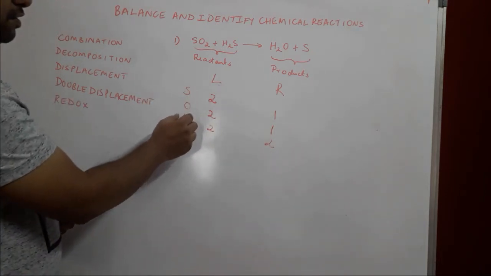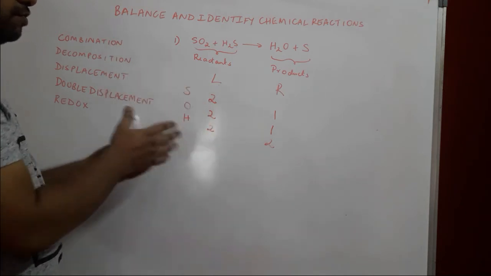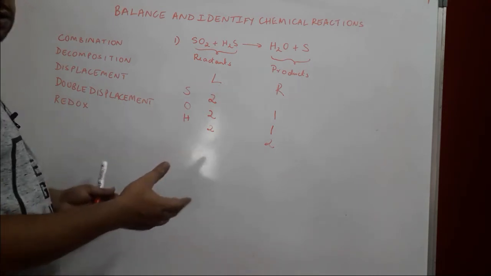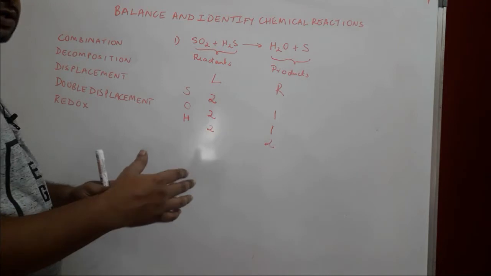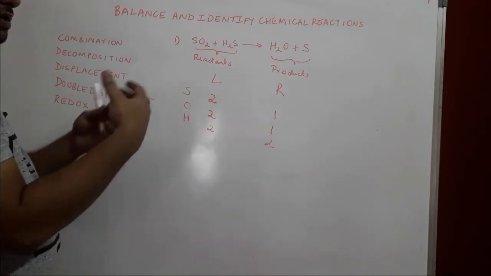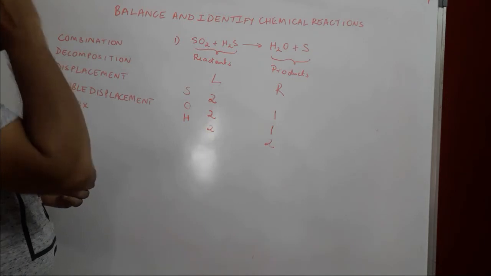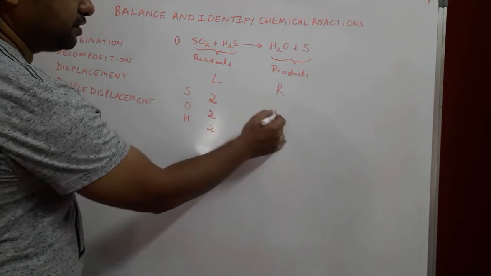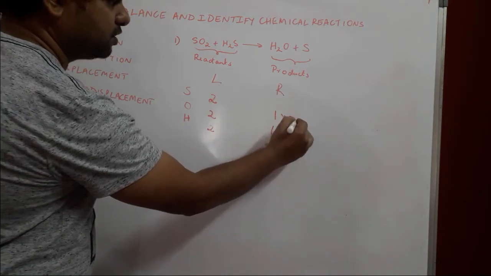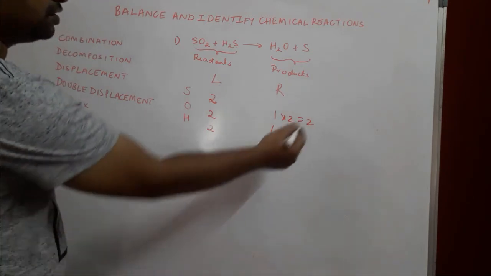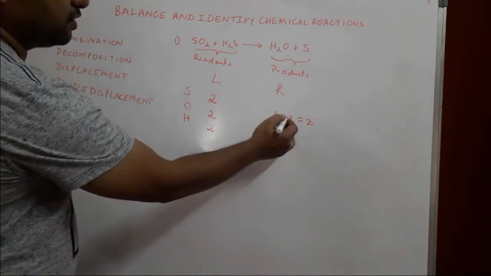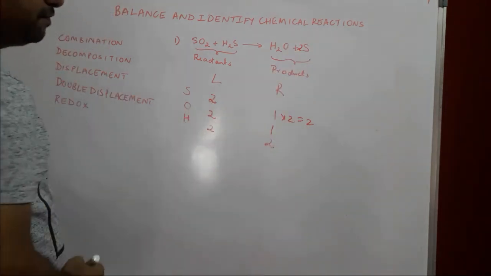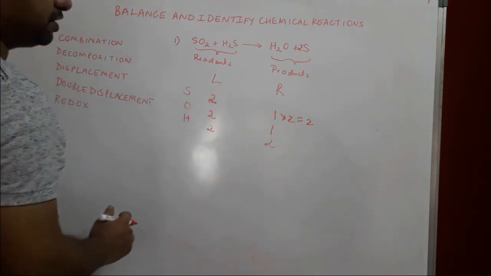Okay, when you look to balance the atoms, always look to balance atoms other than hydrogen and oxygen first. So keep hydrogen and oxygen for later. First balance any other metals or non-metals that you've got, here sulfur. Let's balance that out. So in order to balance, we've got 2 on this side, we need 2. So we need to multiply it with 2, and we'll get 2 atoms of sulfur on the right hand side. Now that we have multiplied it with 2, wherever sulfur is there, we need to put 2 over here. Fine, we put it over there, that means sulfur is balanced.